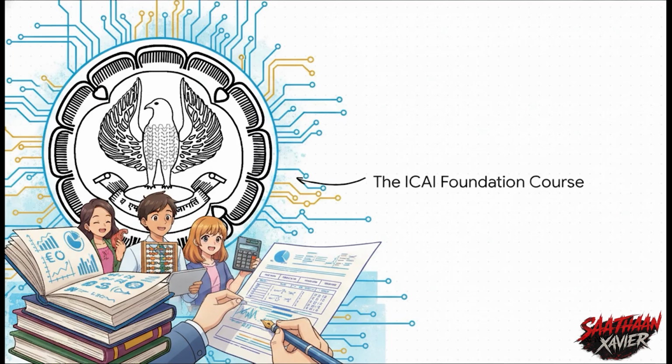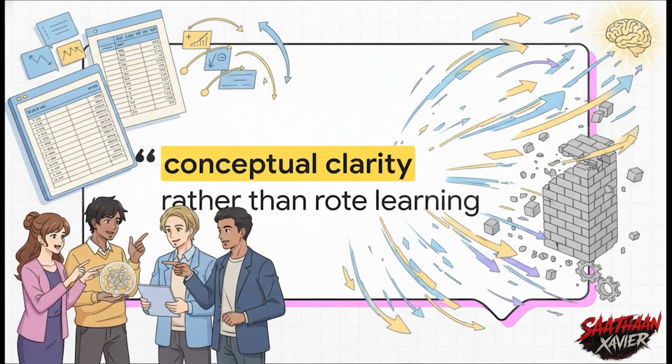Now, you need to notice right away that Paper 1 is a 100-mark, 3-hour subjective paper. And that word subjective is your first major hurdle. It means there's no blindly guessing multiple choice options here. You literally have to write out your solutions, clearly showcase your workings, and actually prove your understanding of every single step. And that ties perfectly into the National Education Policy 2020 initiative, which has a specific mandate here: conceptual clarity